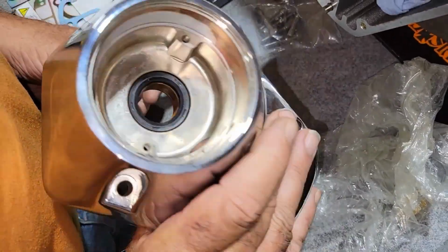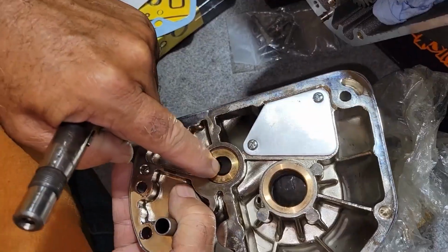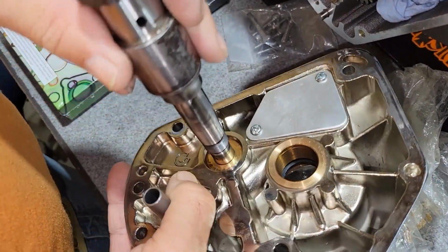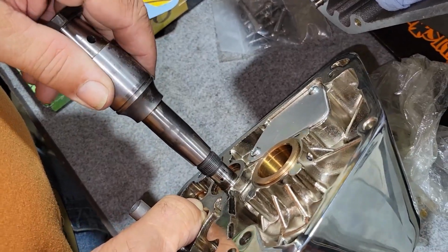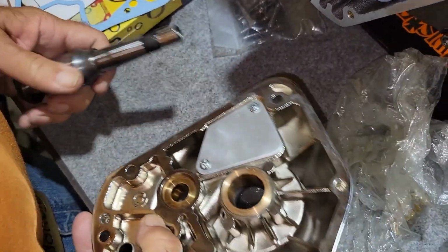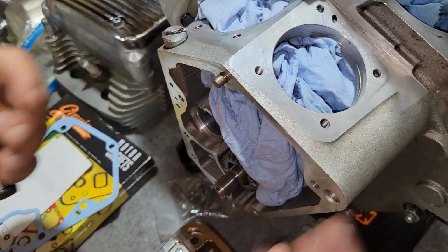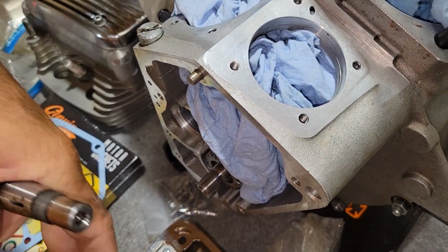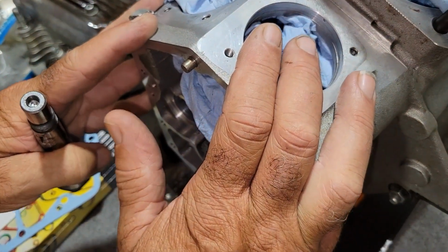But this particular cover was bought, and the bushing was not reamed. It's too tight. It doesn't fit. There's no way you can put that together. Yeah. So the only way to use this is you would have to tear these cases apart and line ream this. And we have a line reamer, but the owner does not want to do that, so